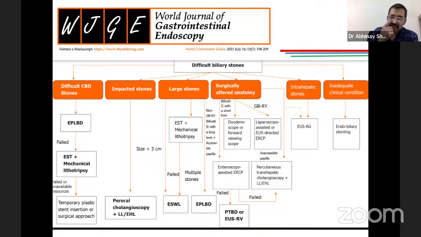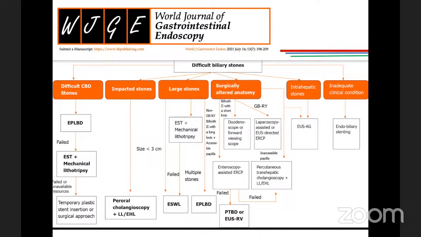There are studies. One of the studies from AIG only, Dr. Manu Tandon's study, I think in 1991 or 2011, I'm forgetting. But in the long-term follow-up of ESWL treated patients, there is high recurrence of CBD stone. So that is the problem there. No, recurrent CBD stone is not the issue.